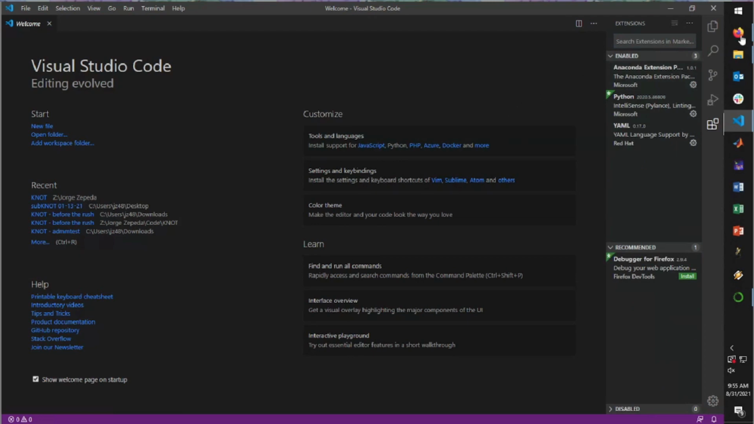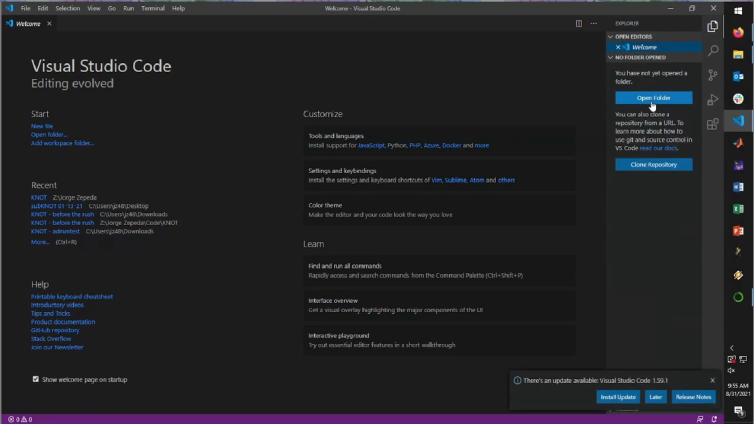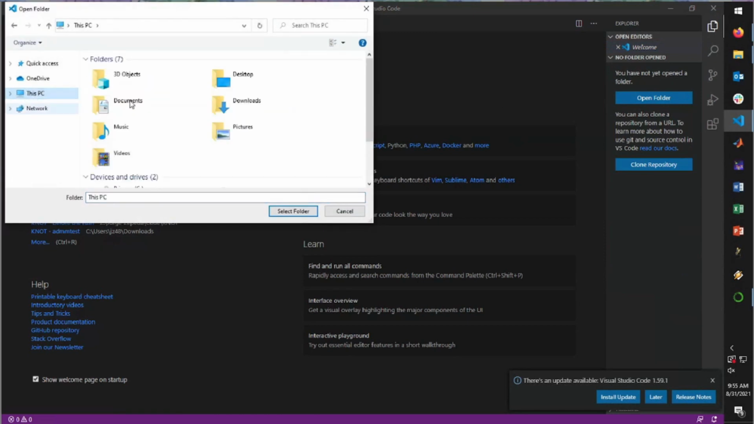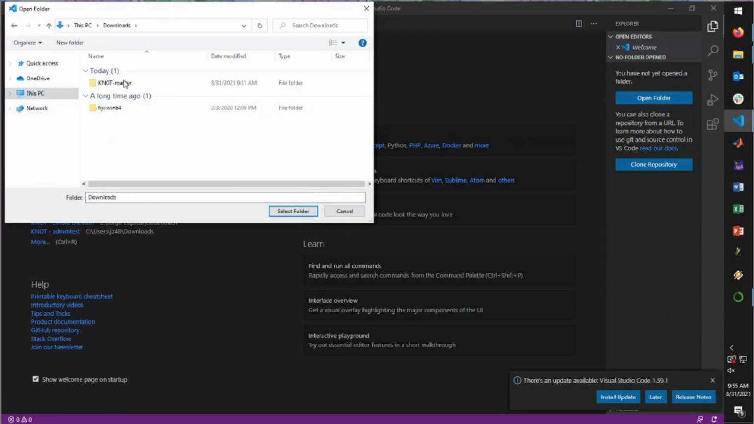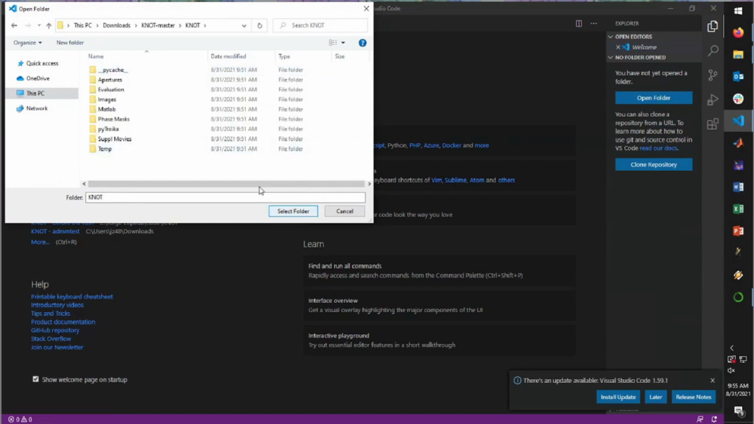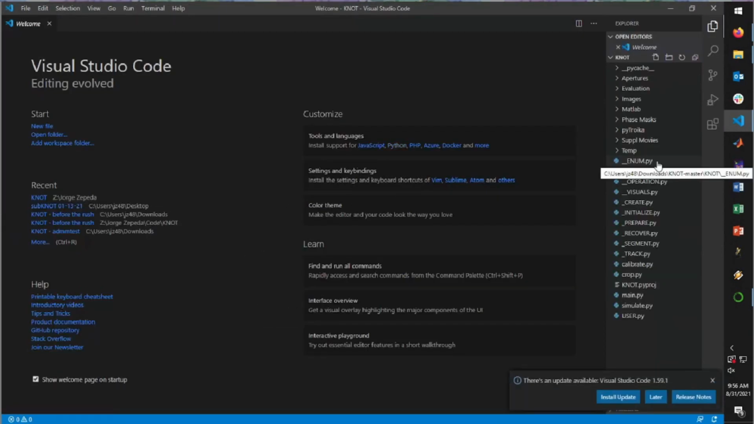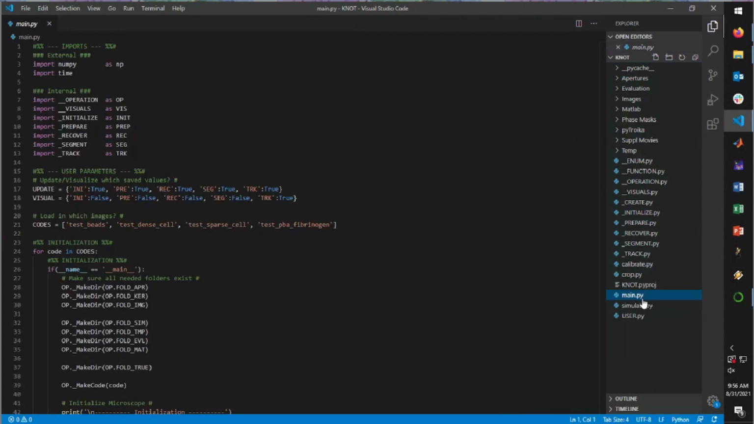Once that's been installed, we can then open up the folder where NOT is located in VS Code. Here we should see the several folders inside. That's how we know we're at the right spot. We select that folder. We will have access to all of the files that NOT contains. Select the main.py file and you will see the